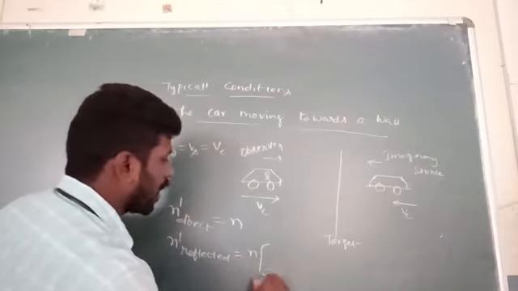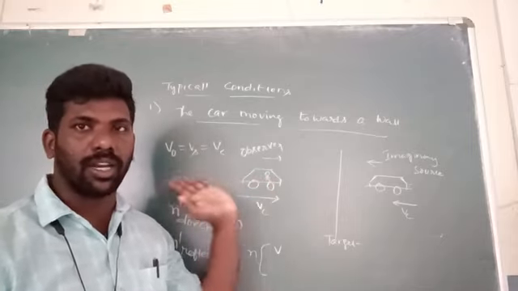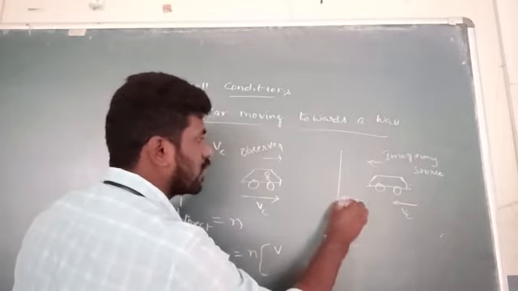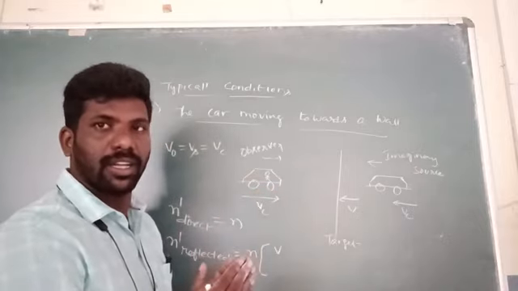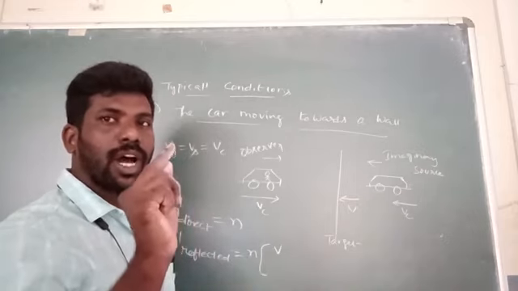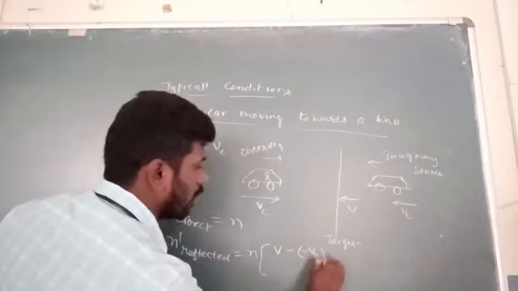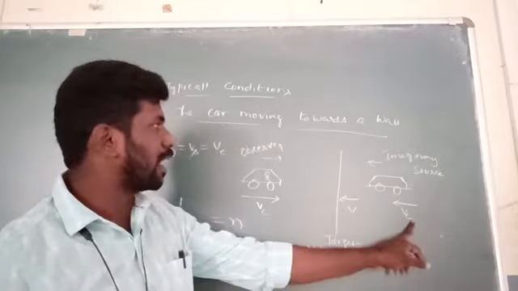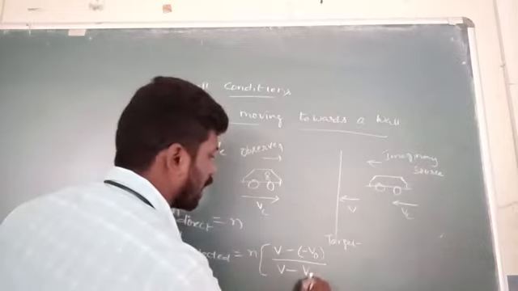Reflected wave. Here some conditions are there. We just observe the velocity of observer is always towards the wall. But the reflected wave is coming from the wall. This is the V. Okay. V and observer are in opposite directions. Opposite direction means by the sign conventions we can take V naught as negative, so the formula has minus, substituting V naught by V in the formula with minus. Coming to the source: the imaginary source and the velocity of sound are in the same direction, so it is positive, directly written as Vs.